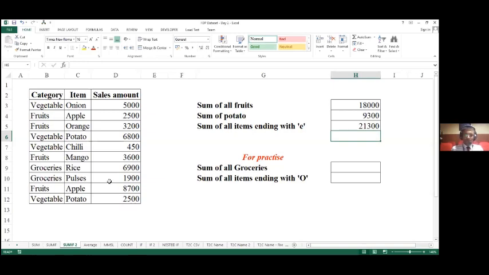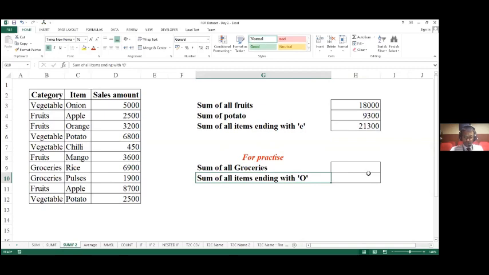So we've just learned how to apply SUMIF in a more complex scenario. For the time being, I've mentioned two practice scenarios. I'm going to give you maybe a minute or two. I may not be able to work out both examples, so I want all of you to at least try the first: the sum of all items ending with O. Try this right now, and I shall pause for a minute or two, and then we shall come back together and work this out to see if we are getting the same answer.